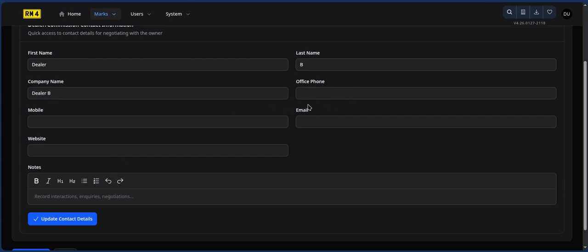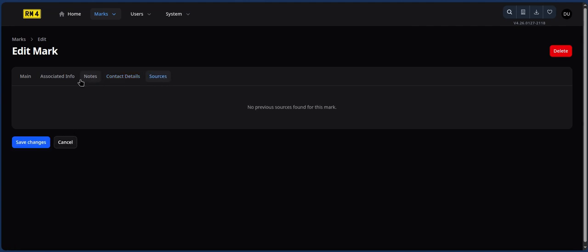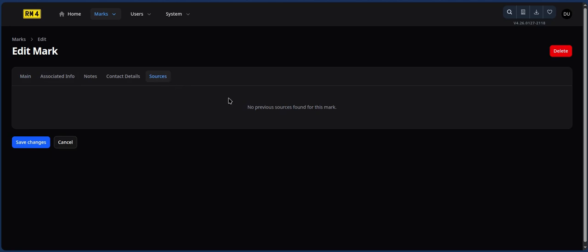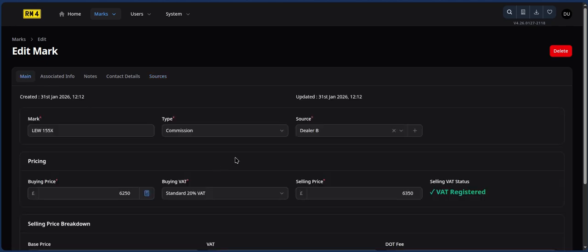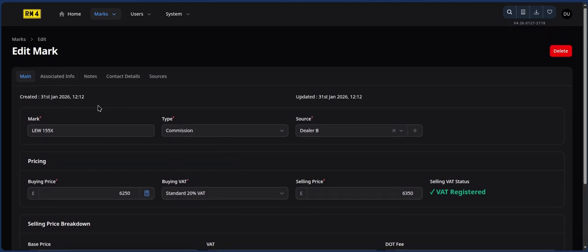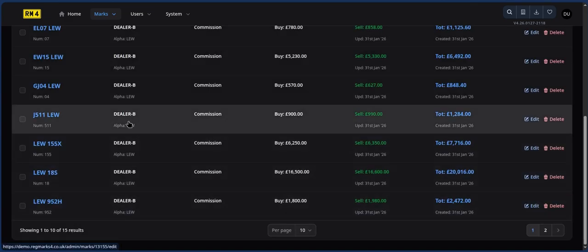So obviously when I set them up I didn't put any phone numbers and email addresses in there, but you can see those, and if there were any previous sources for this mark, then they would be here. So that shows you the mark editing side of things. I'll hit cancel for the moment, and